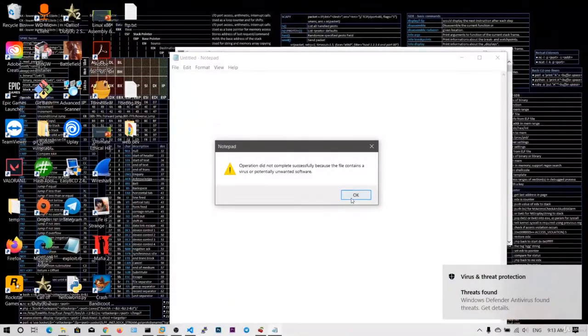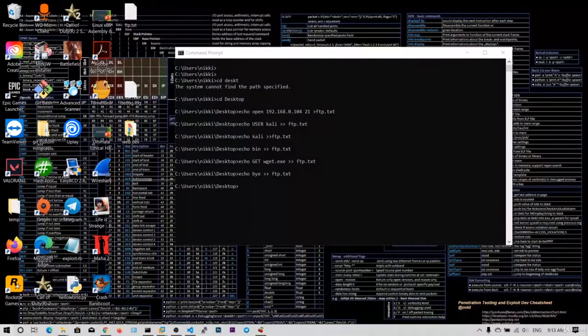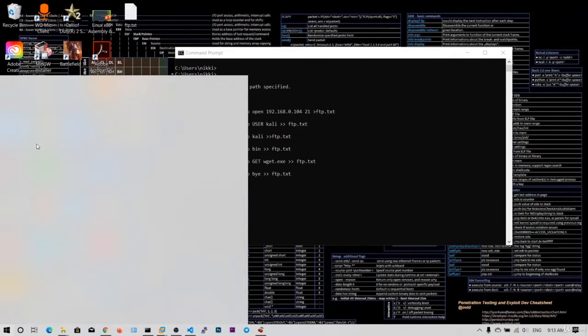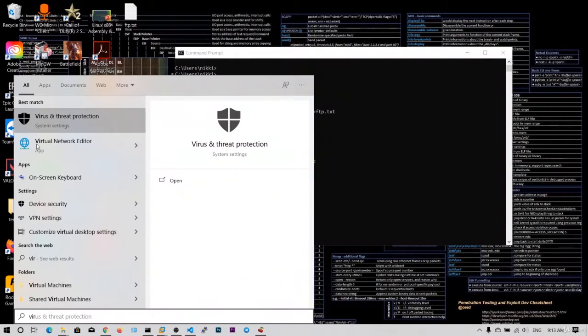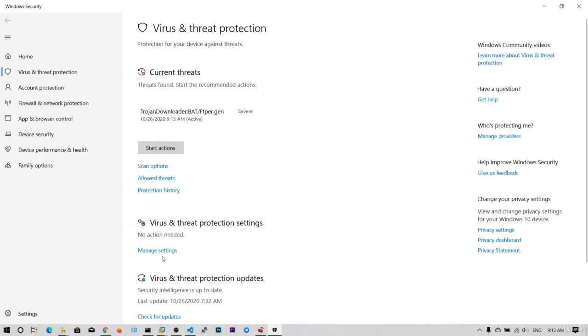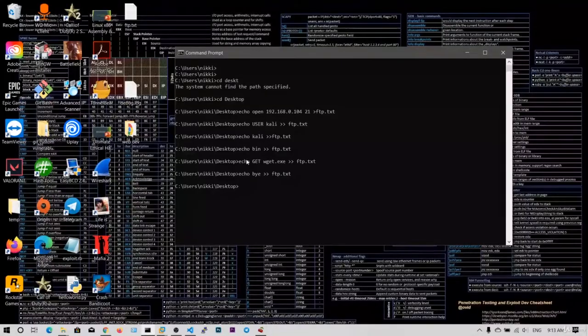Okay, this wget.exe may be considered a virus, so let me turn that off.